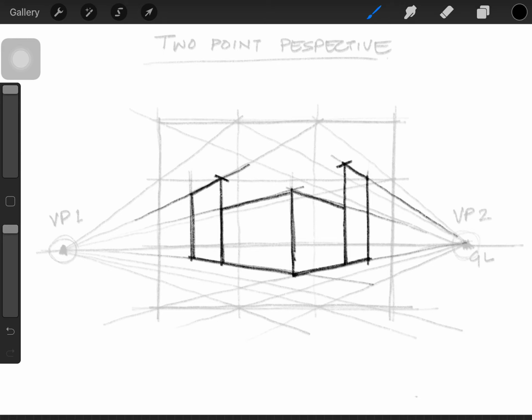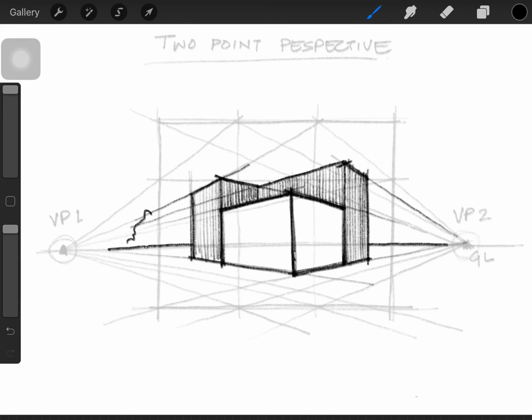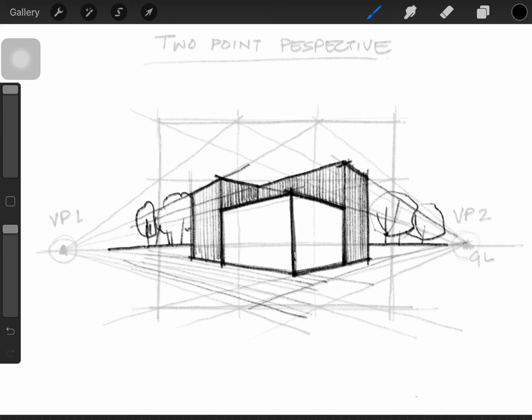Now from these top edges, I'm going to extend the lines to kind of meet the vanishing point. And now I've got a junction of these two lines, so I'm going to darken them. And I'm shading these two boxes which are behind to give a sense of depth to the picture. And I'm going to draw the ground line over here. I'm going to darken the ground line and add some trees. Even the shading that I'm going to provide in the ground would be radially inclined in respect to the perspective lines.